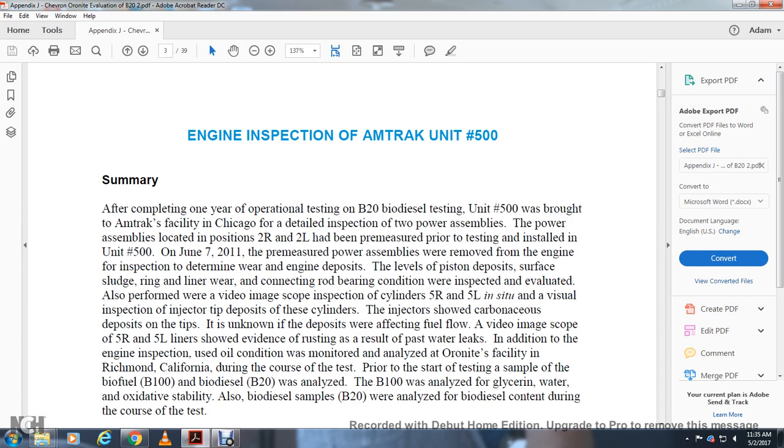The power assemblies located in position 2R and 2L had been pre-measured prior to the testing and installed in unit number 500. On June 7, 2011, the pre-measured power assemblies were removed from the engine for inspection, determining the wear and engine deposit level. The piston deposits and surface sludge, ring and liner wear, and connecting rod bearing condition were inspected and evaluated. Also performed were video image scope inspections of cylinders 5R and 5L,